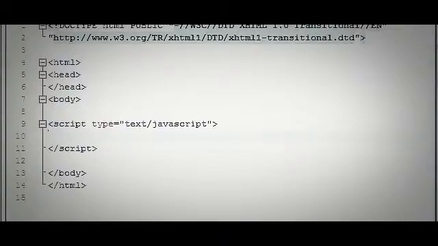What is going on, guys? It's Bucky and welcome to your 20th, I believe, JavaScript tutorial. And in this tutorial I'm going to be talking about a while loop, but before I begin I just want